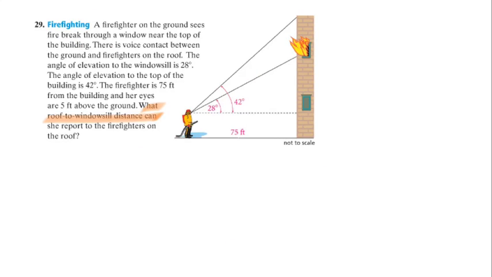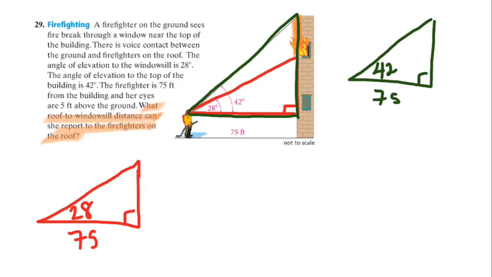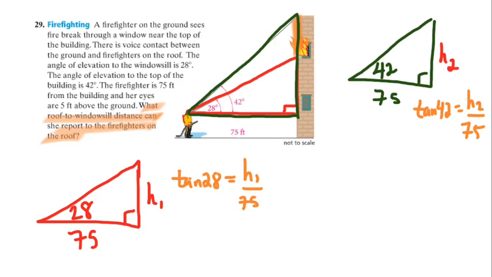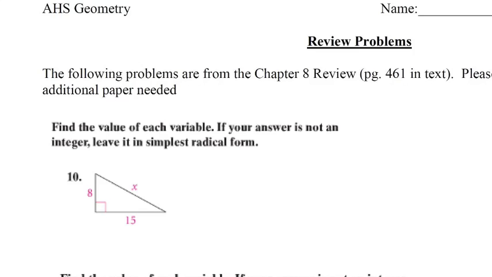This one I'm looking for this top piece, this difference here. And so I can set up and use the two triangles that I have. So I have the green triangle, which is 42 degrees, 75 feet, and the red triangle, which is also 75 feet and 28 degrees. And so I have two heights, h1 and h2. They are both tangent problems, which means that I can set up my ratios. And once I figure out h1 and h2, that difference in values is going to give me the height that I'm looking for from the top to the windowsill. Alright, getting into the review problems,